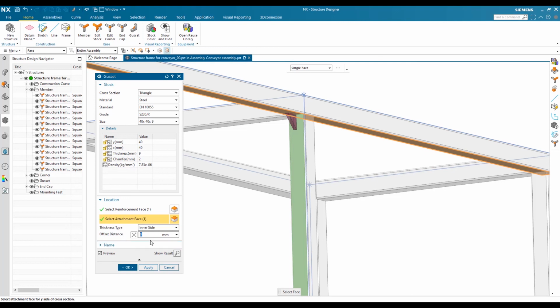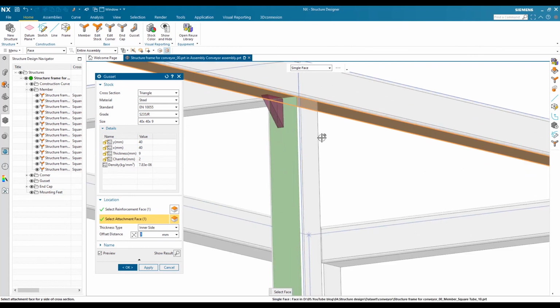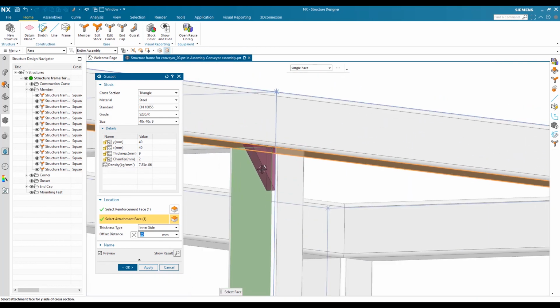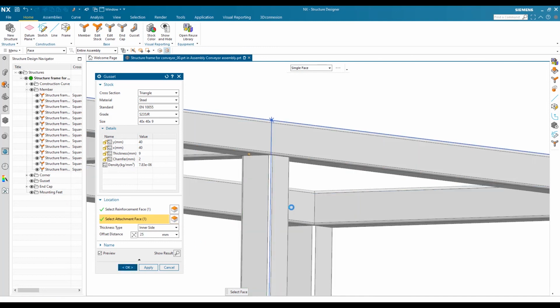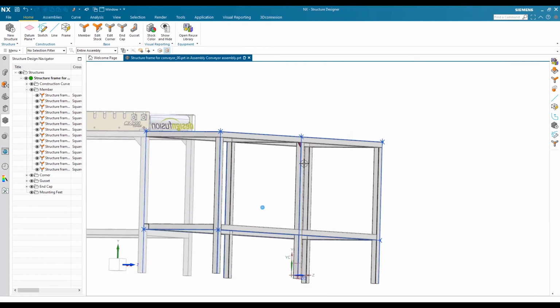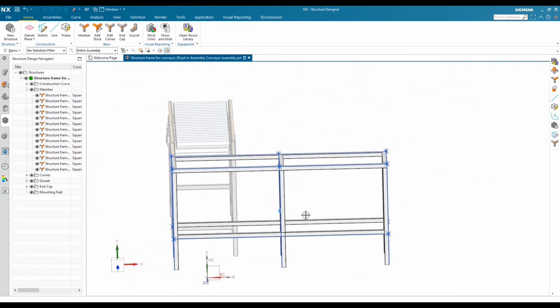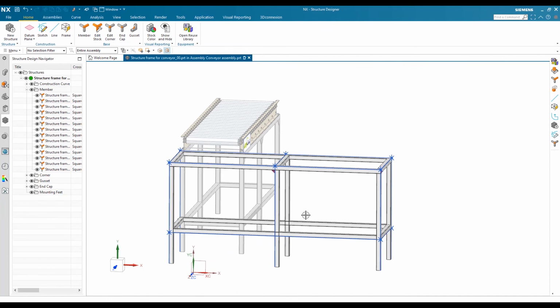You also can position your gusset with this distance offset. So our square tube is 50, so the outside will be 25. So if I put offset 25 millimeter, it will create at the end of the corner, and click OK. So you will see here we just created the gusset. So this is how we also can stiffen the